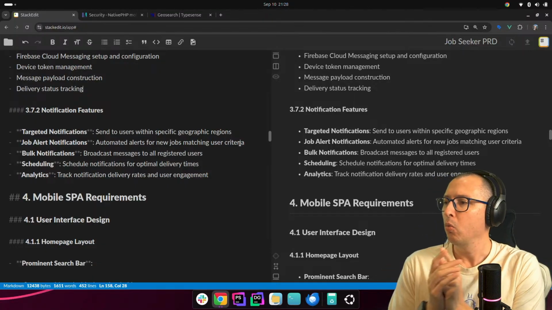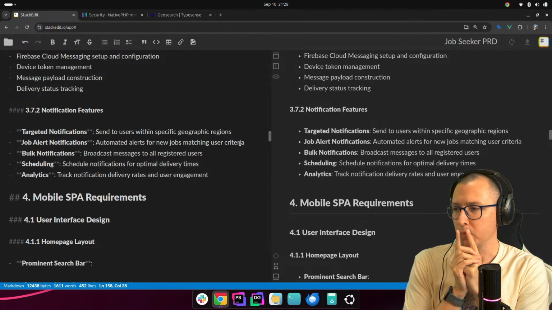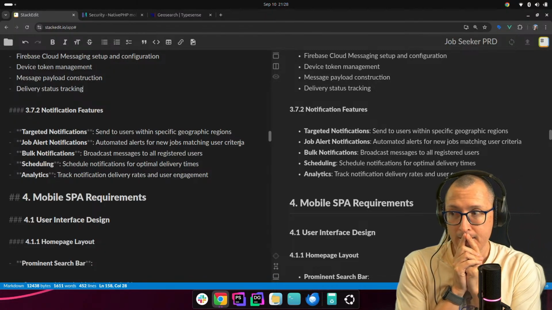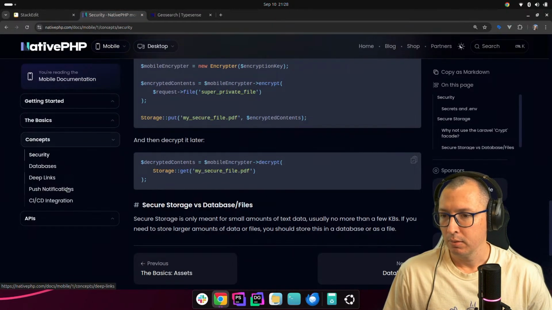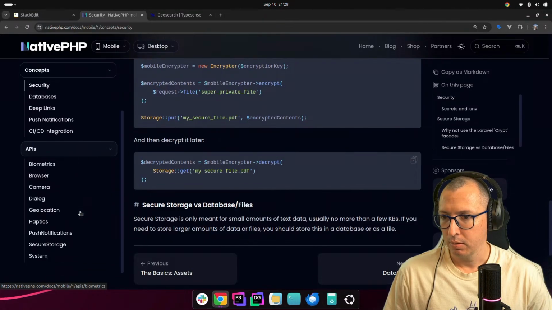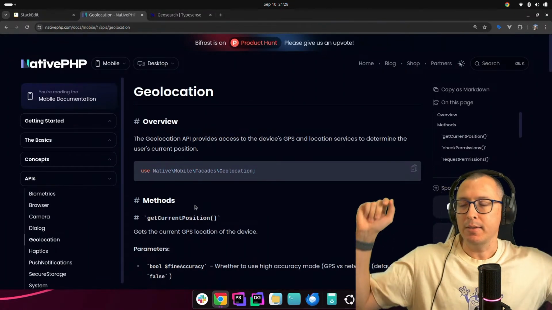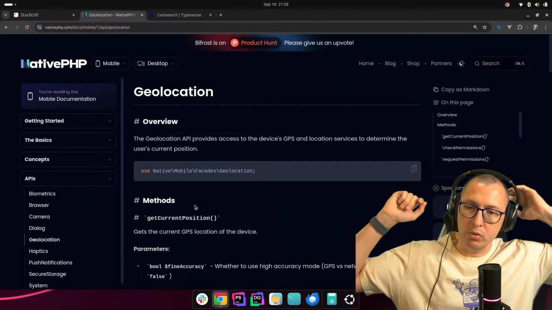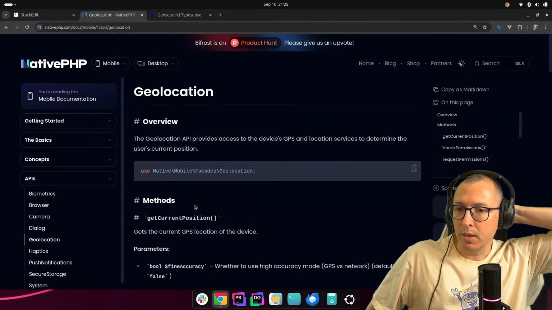Wait, we do have geolocation in native PHP, don't we? I think I saw it. Yeah, we do. So we could ask the user for permission to access their location when they are searching for a job.